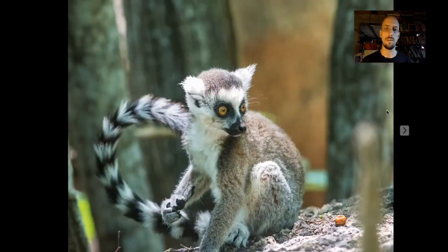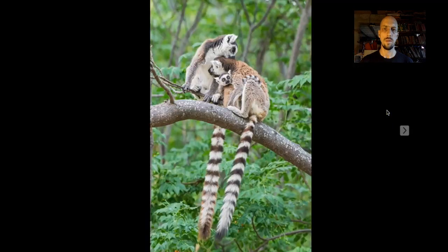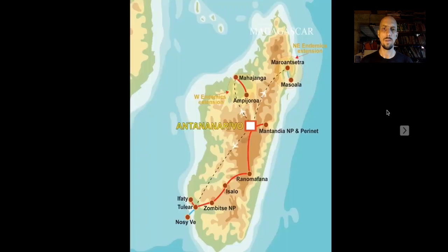This lemur is sort of the face of Madagascar's biodiversity. It's in zoos and other collections all around the world. But it's really cool to see them in their natural habitat. Beautiful lemurs. So we carry on